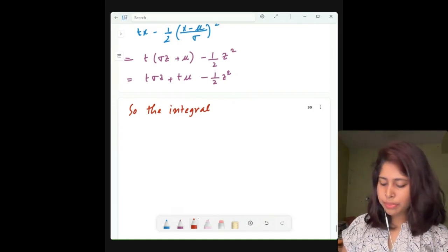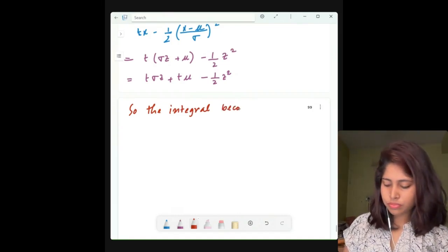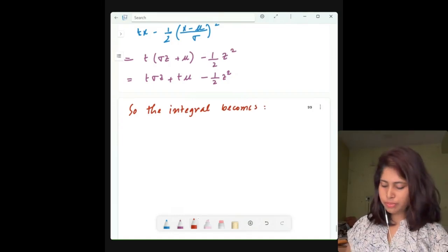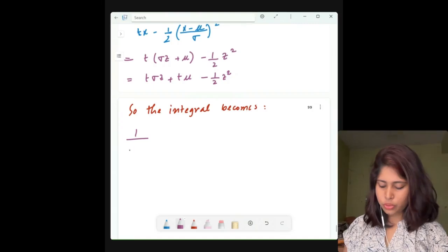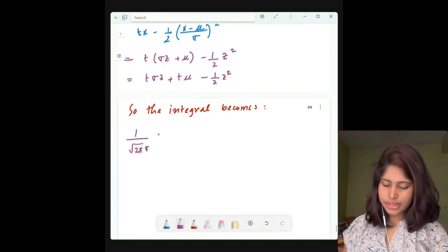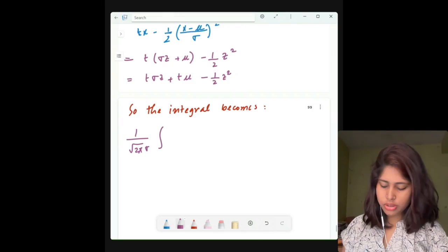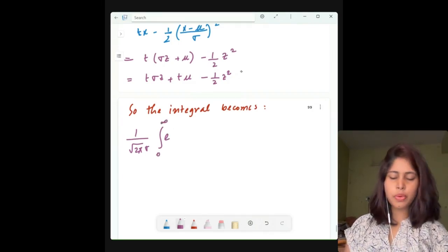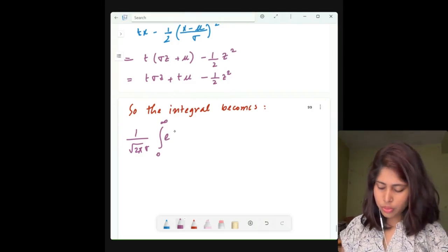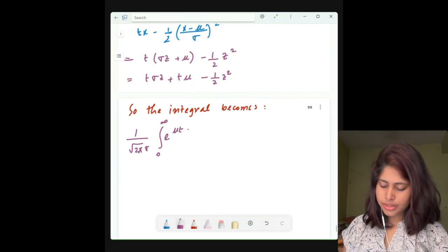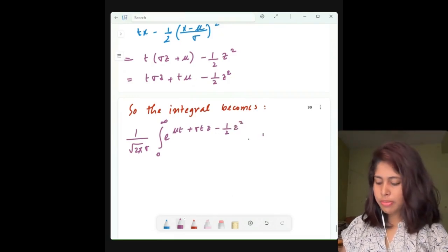So the integral becomes, what does it become? 1 by root over 2 pi sigma, I'm taking out the constant, integral of 0 to infinity e to the power, this is the exponent. Okay, let me write it: e to the power mu t plus sigma tz, minus half of z square, dot sigma dz,